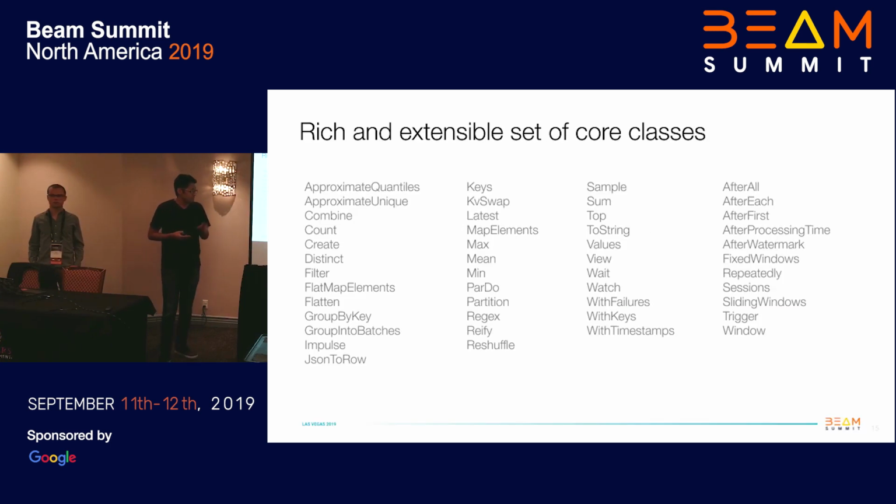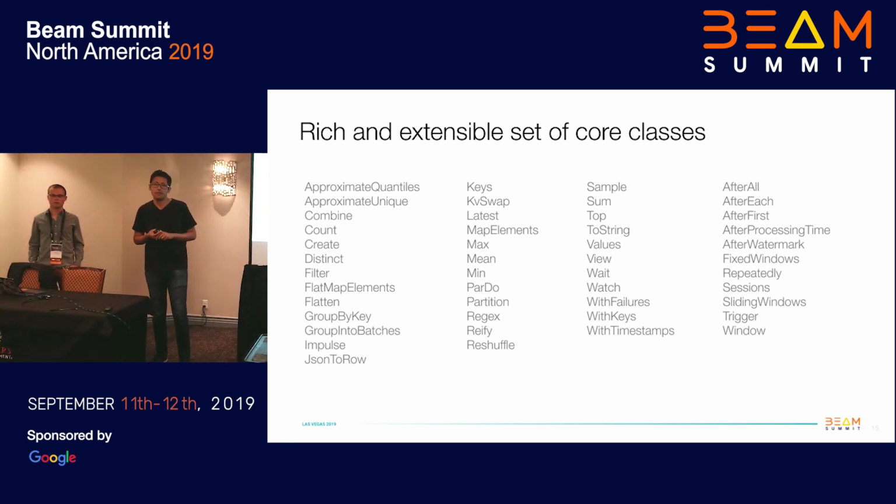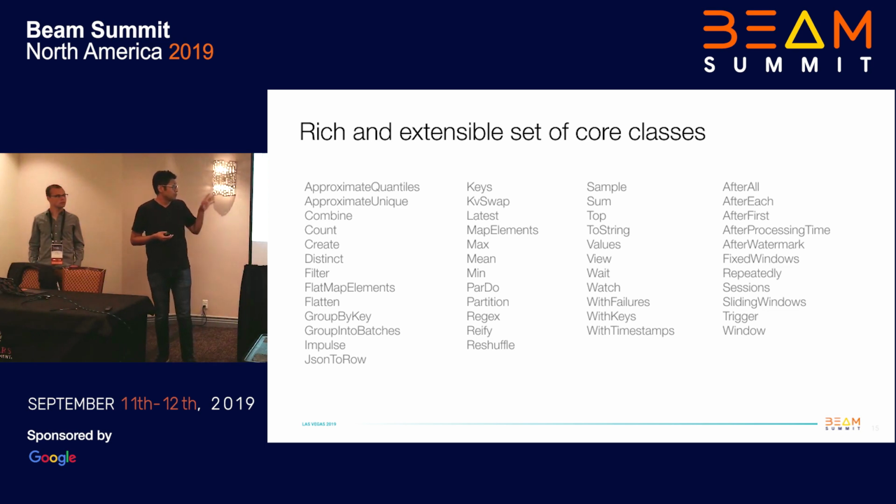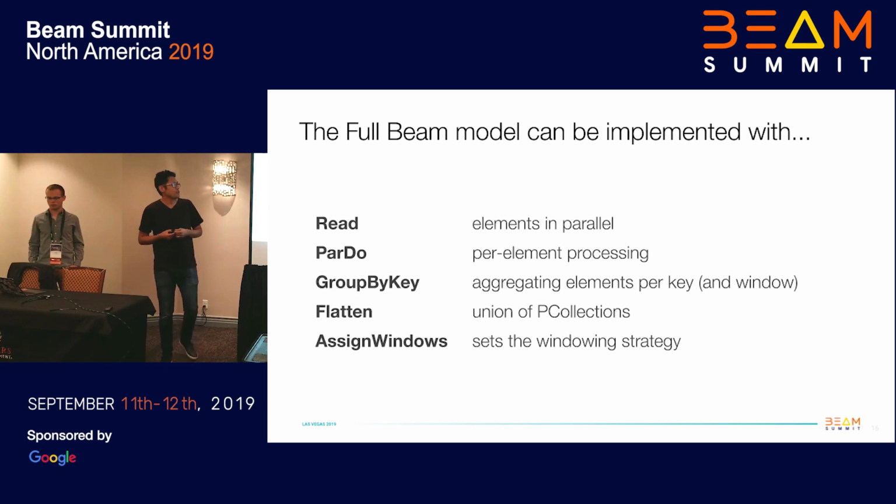So this is a list of most of the transforms we have in the core SDK. This is the Java case. And also the things to define windows and triggers. And as you can see, there are too many. If we were translating all of these cases when we create a runner, we would be really in trouble because it's too much. But in reality, we just care about 5 transforms that are the primitive transforms of the